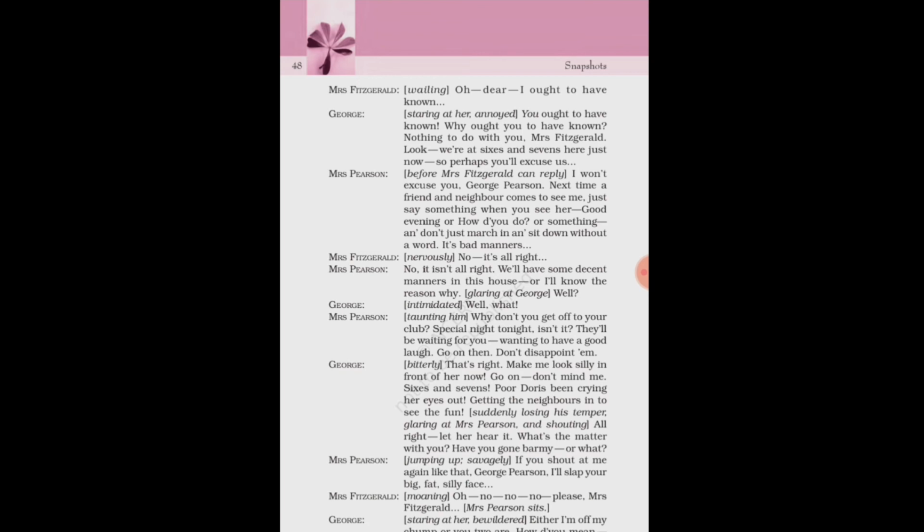So again, now they're having a conversation, and George talks in a rude way to Mrs. Fitzgerald. Then Mrs. Pearson says he should treat his guest with more respect, sit them down, ask how they are, say good evening, and have some manners. Mrs. Fitzgerald said it's all right, but then Mrs. Pearson again says no, it's not all right, he should have some manners. So again George says whatever happened, but before that Mrs. Pearson says